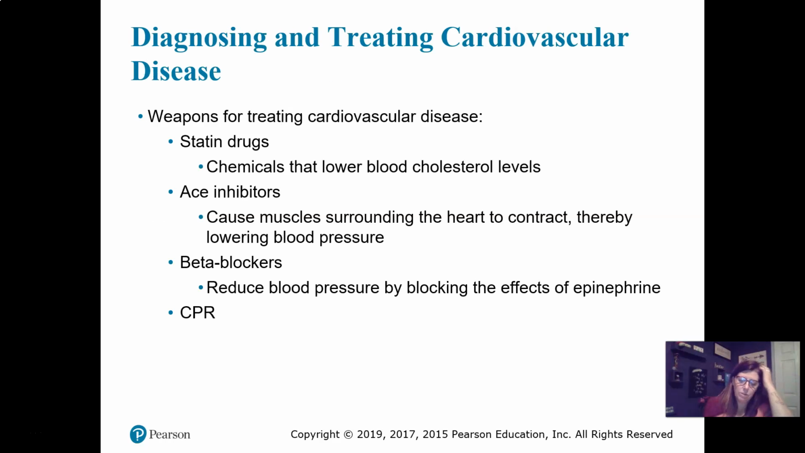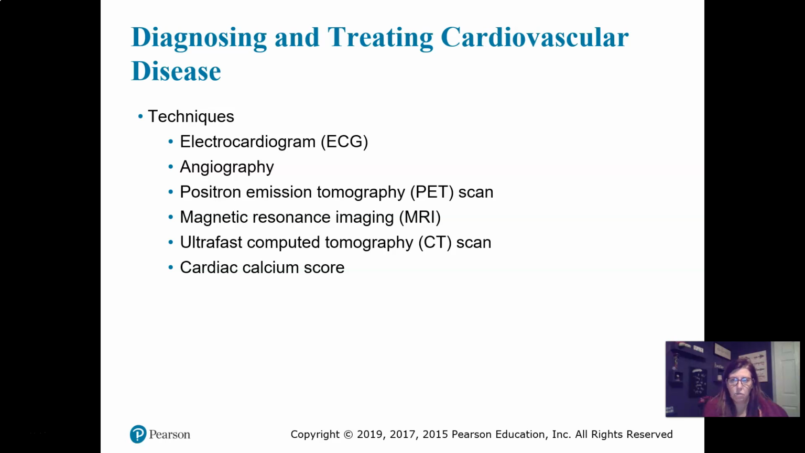Today, CVD patients have many diagnostic, treatment, prevention, and rehabilitation options. Statin drugs are chemicals that lower blood cholesterol levels. ACE inhibitors cause muscles surrounding the heart to contract, thereby lowering blood pressure. Beta blockers reduce blood pressure by blocking the effects of epinephrine. Some of the techniques for